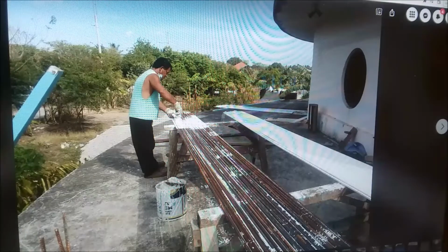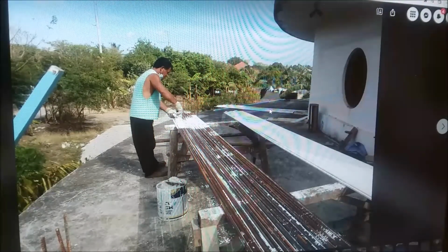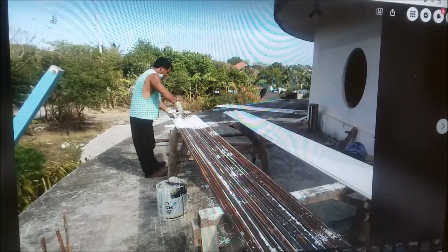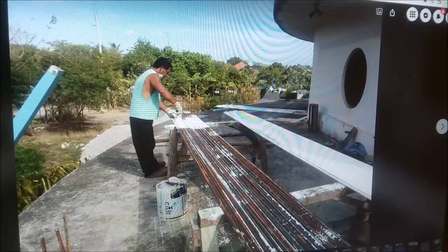Okay, we're going to paint some more bars. He's got a bunch of angle bent bars over here in the background. He's up on the mezzanine roof right now. And that's how sometimes we have two people,